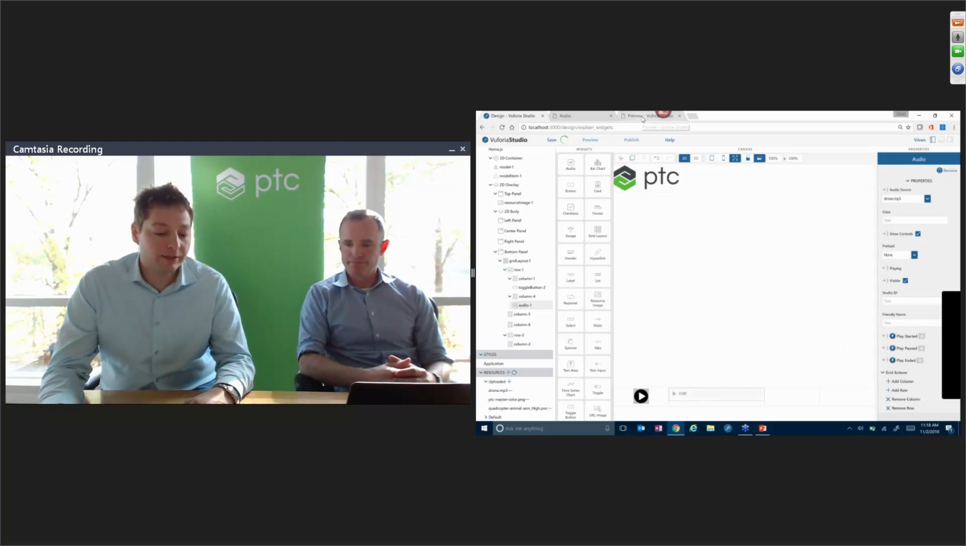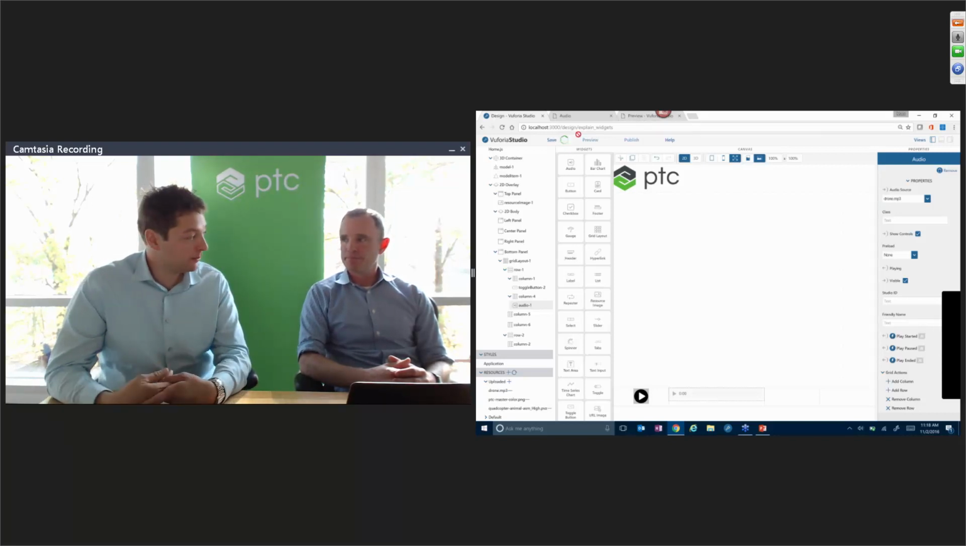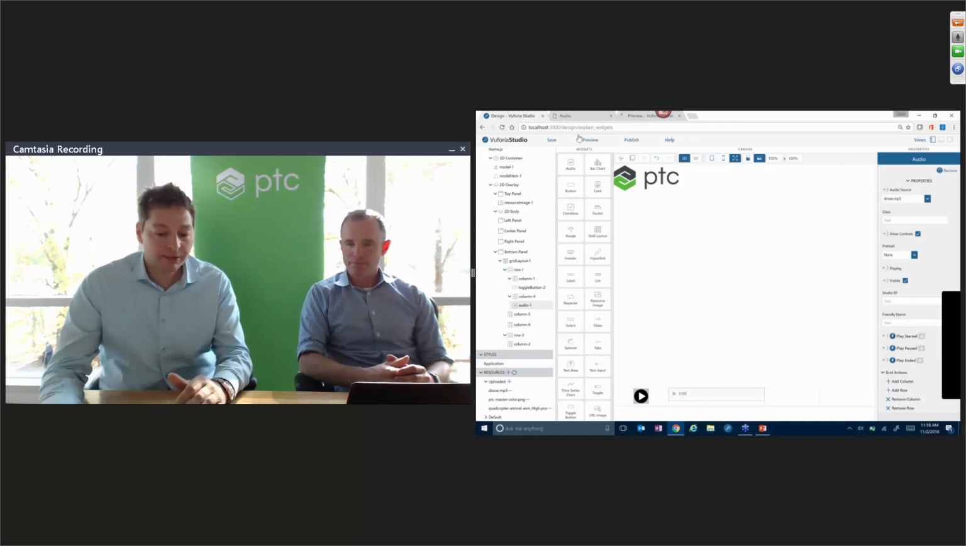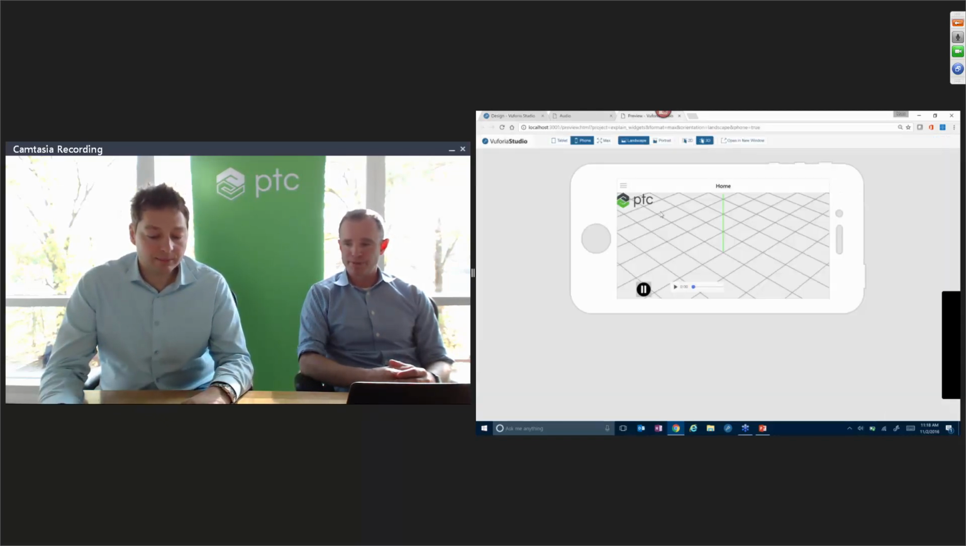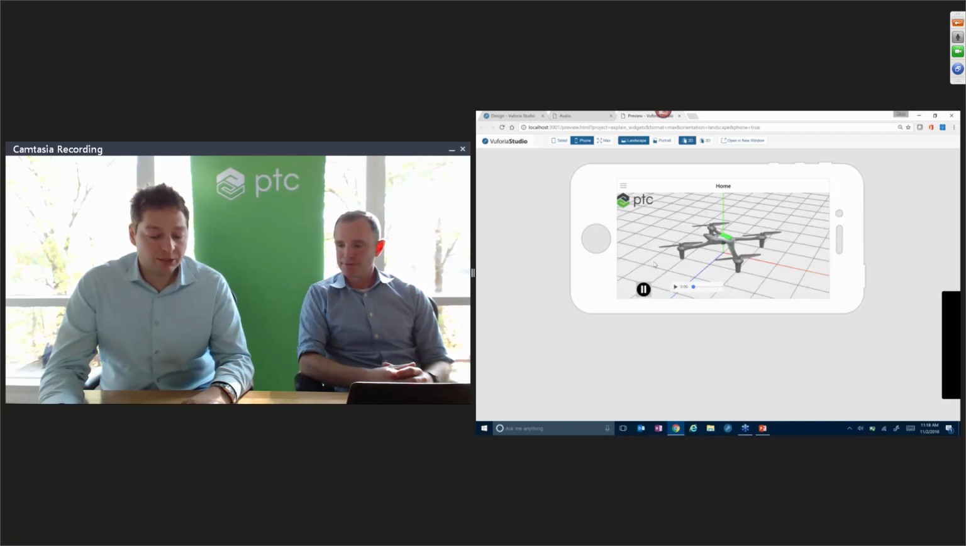If you hit the preview button and it opens another tab for the preview, it automatically saves it. But in this case, yeah. So what we can see here is now we have our audio file, and guess what sound the drone makes. If I click on 2D and let's close the drone,